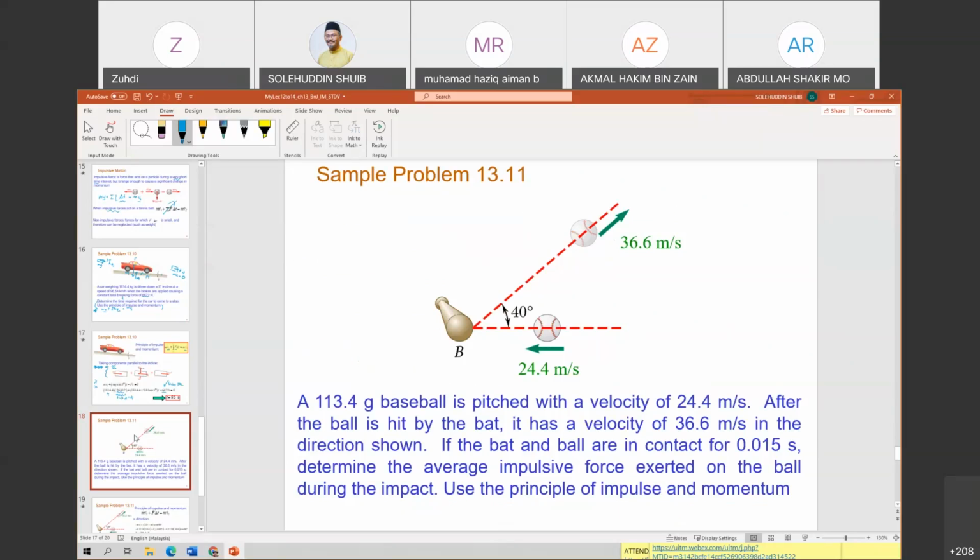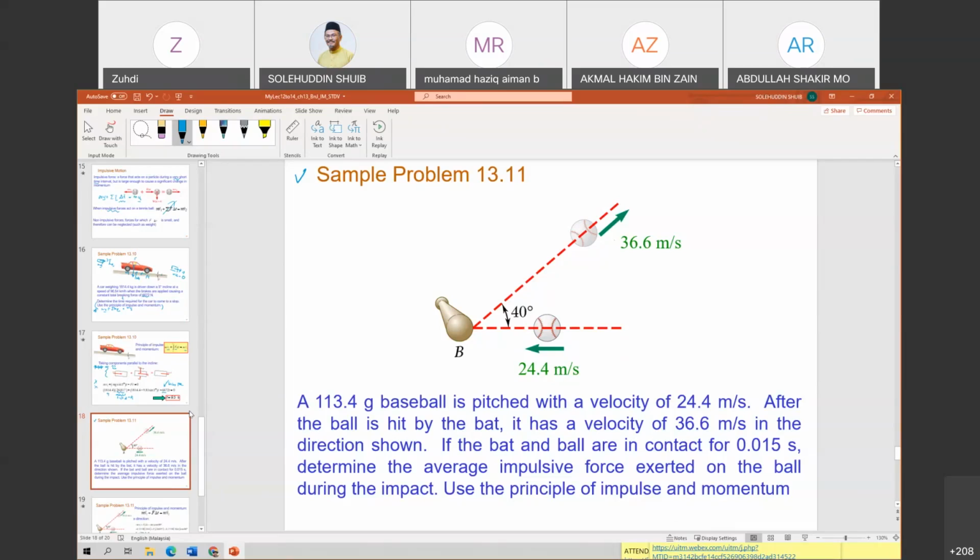Quite similar to the earlier one, but the only thing is we have to apply the concept of impulsive force. Impulsive force is over a very short period of time. So for this problem we talk about the baseball player. Sample 13.4. The ball, 113.4 gram, is pitched with the velocity of